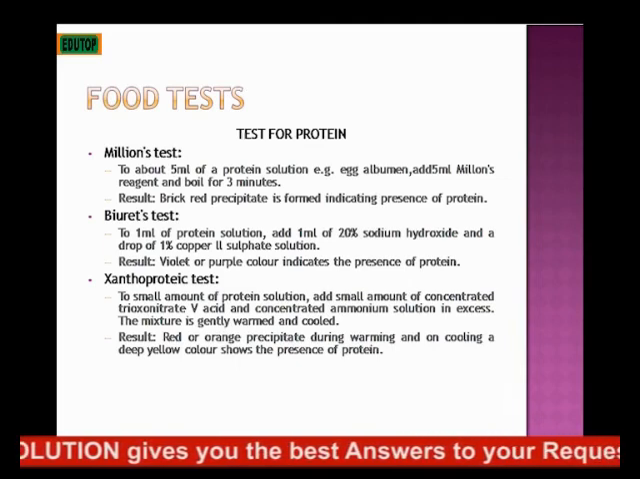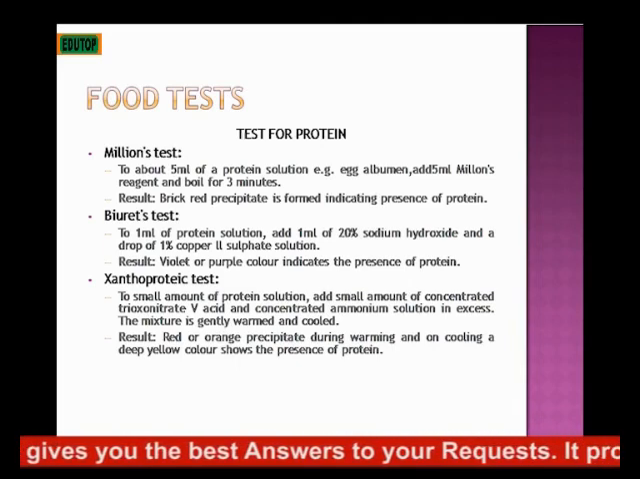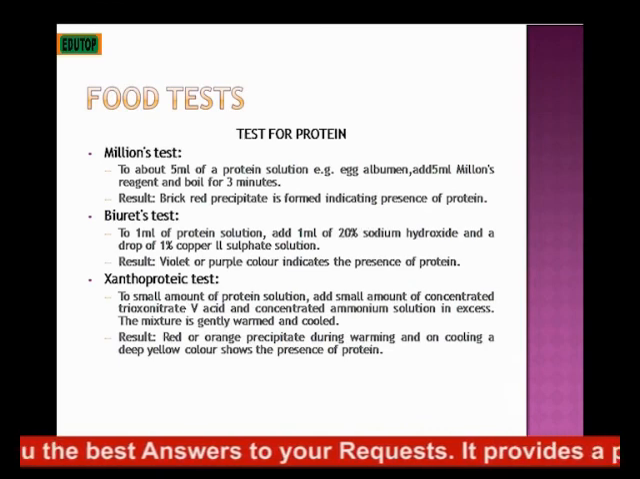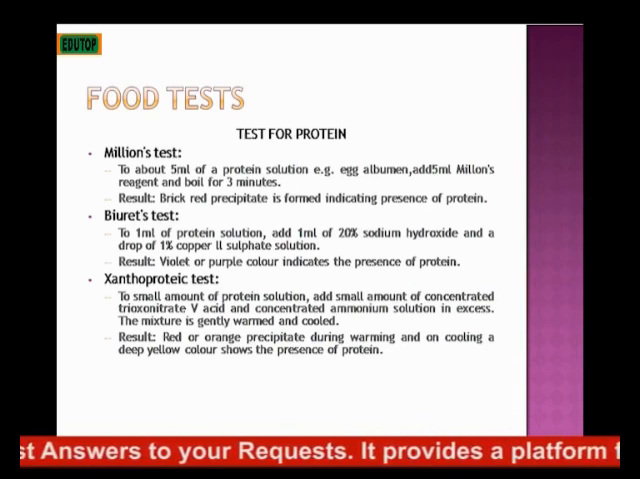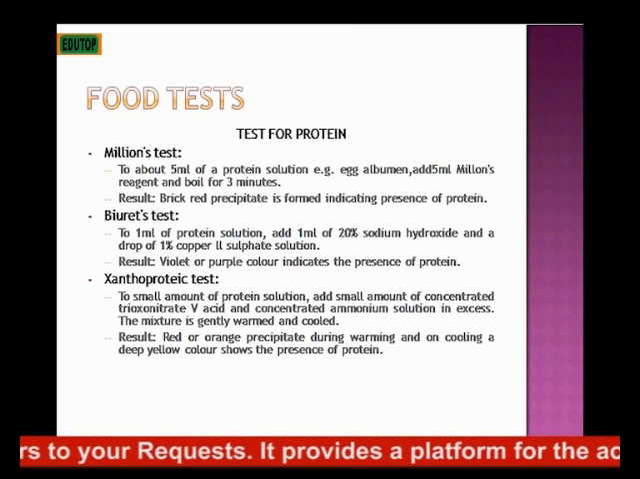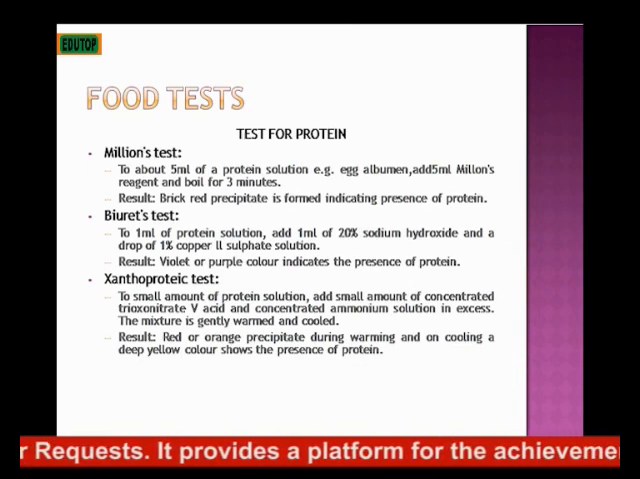Then we'll move on to the Biuret test. To 1 ml of the protein solution, you add 1 ml of 20% sodium hydroxide, then a drop of 1%